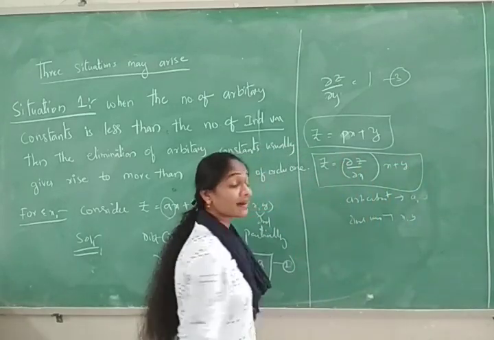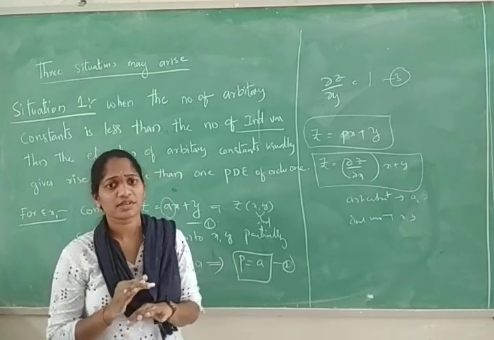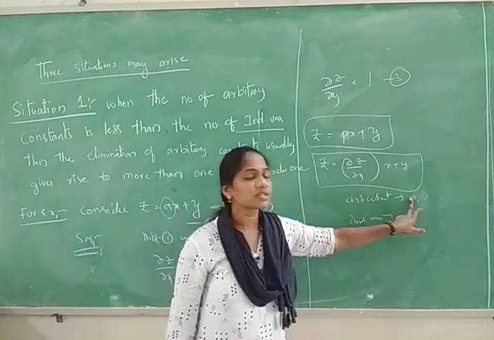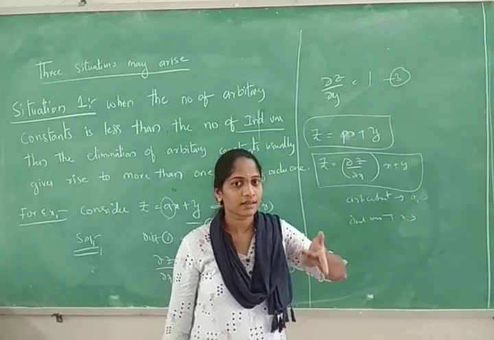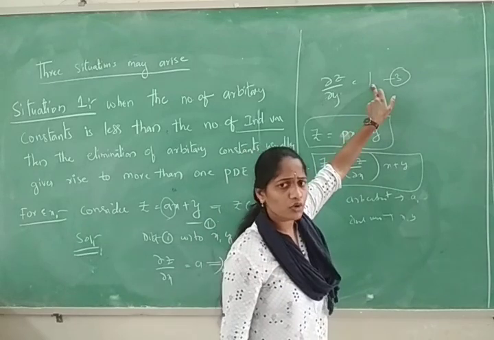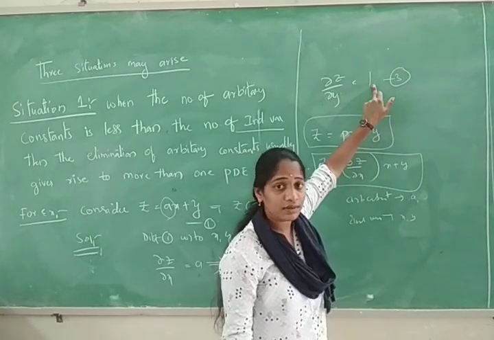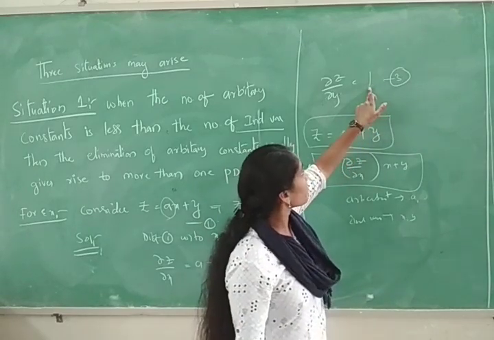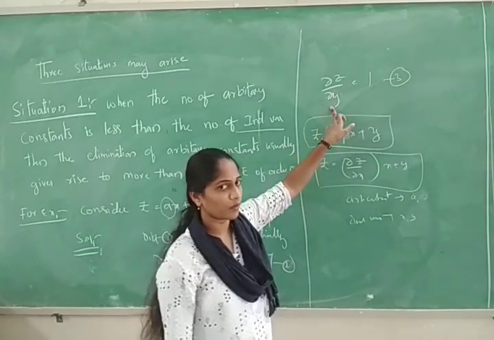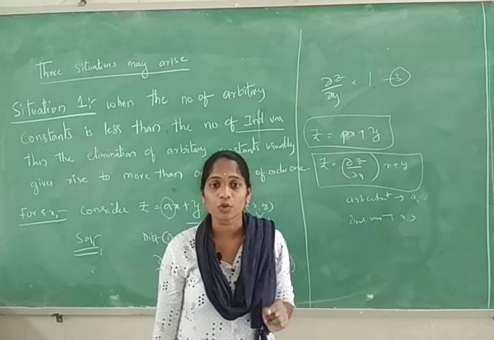So this is our required PDE. The solution is completed. But what I have told you is that if the arbitrary constants are fewer, there are 2 PDEs. See equation 3: here there is no arbitrary constant, there is nothing, so this is a constant value. But seeing this LHS side, dou z by dou y is also considered to be a PDE of order 1.